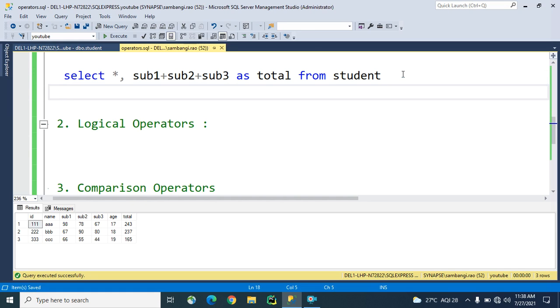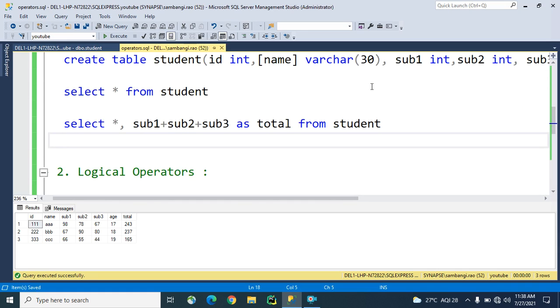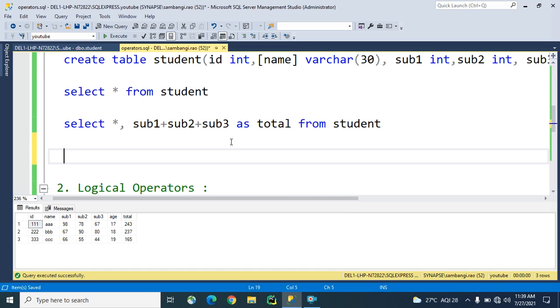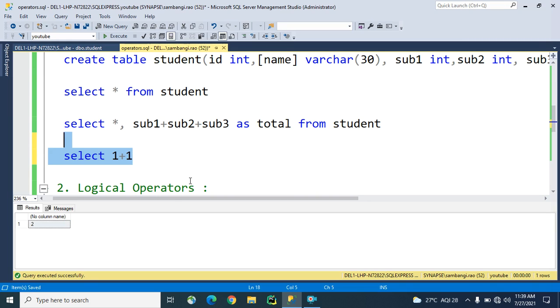And I'm going with another query. Select star, subject one, subject three, arithmetical operators like. Also, guys, we can use these operations without declaring a table. Tell me, guys, 1 plus 1 is 2, right?